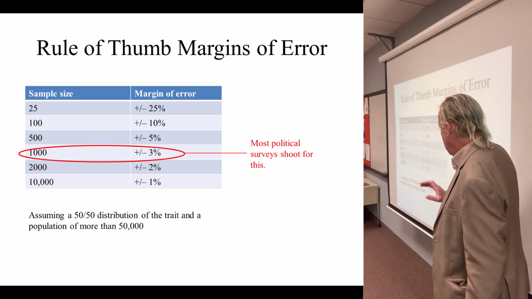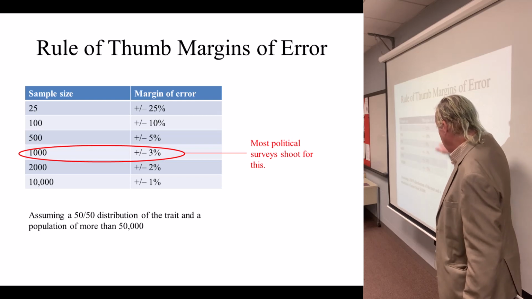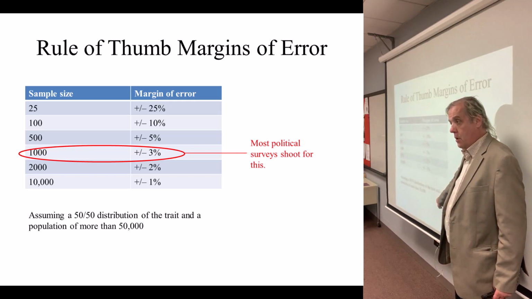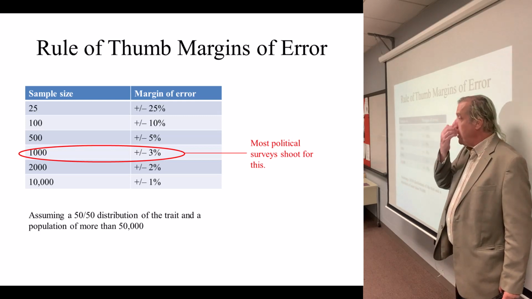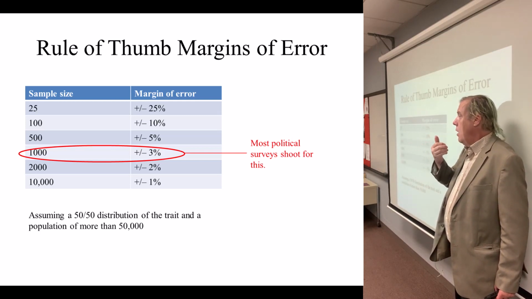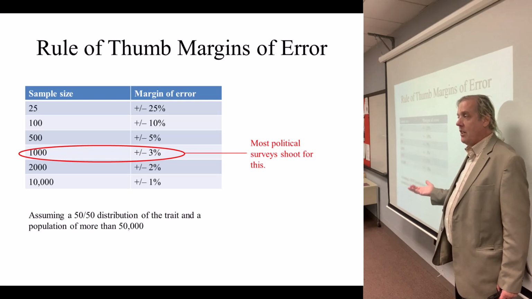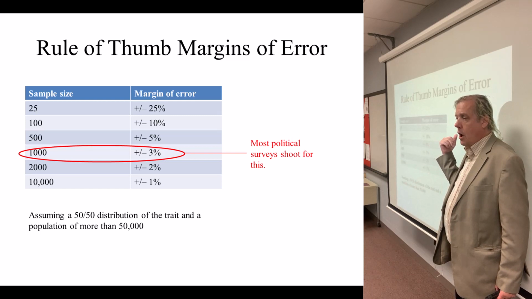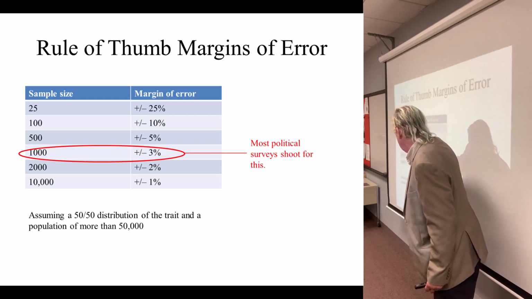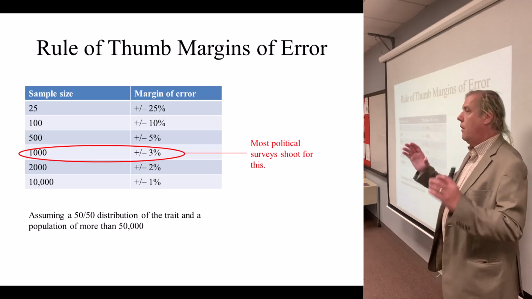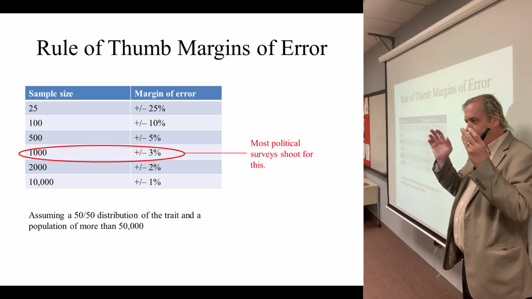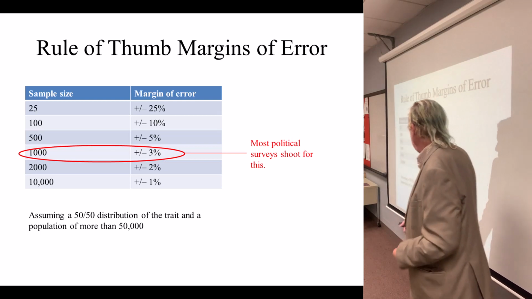Given a certain set of assumptions, the margin of error always falls in a certain range. So if you have more than 50,000 individuals in your population, the sample size you need levels off. I don't have a graph of the curve here, but if you're trying to guess something about more than 50,000 individuals, you're not going to get much more benefit from larger samples. The other thing is that sample size is easier to guess if you know that the split is close to 50-50. Given those two assumptions,